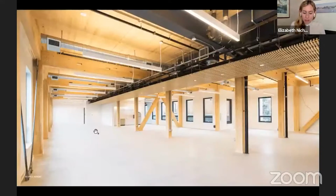And there are other ways to do this. This is a project in Brooklyn, actually pretty close to 3XN's New York office, where they just ran a lot of their services in this wood lamella zone that they created to at least partially hide that. You can also see some of these beams have holes in them, which is where they were planning to run